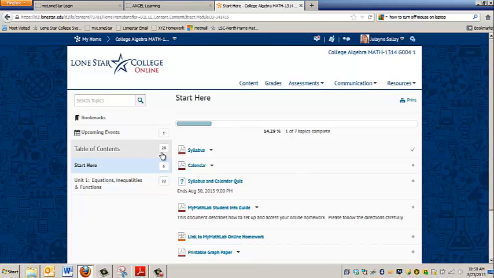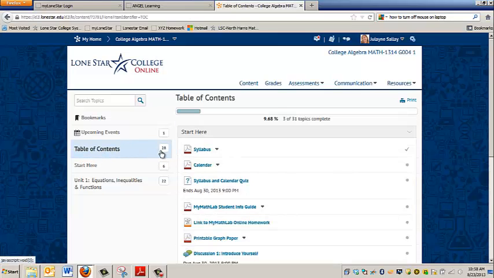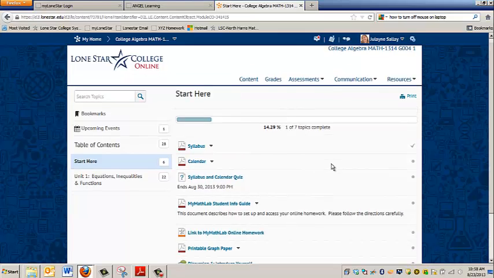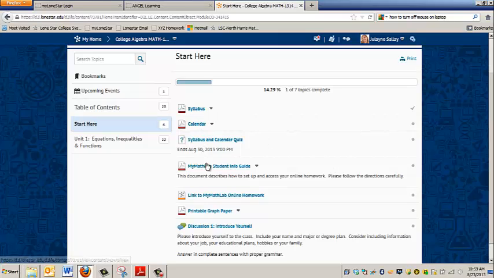So under the table of contents, you see that there's 28 items so far that you need to look at. Within the table of contents, I've given you two folders, Start Here and Unit 1. And then again, some more units will be added later. Looking at the Start Here folder, inside the Start Here folder you have 1, 2, 3, 4, 5, 6, 7 things that you're going to